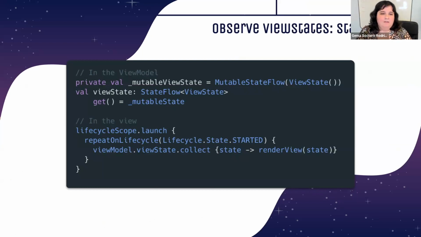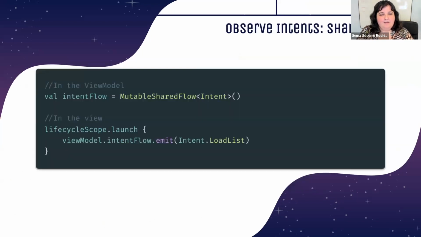And for the intents that I am going to emit from the view, I'm going to have a MutableSharedFlow in my view model. I use a MutableSharedFlow in this case because